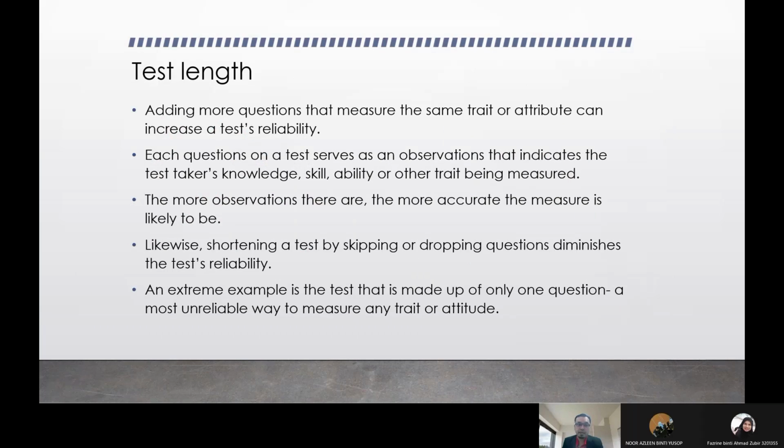So the test length, adding more questions that measure the same trait or attribute can increase a test's reliability. So maksudnya kat sini, contohlah daripada total soalan yang kita buat tu, mungkin ada soalan yang tak cukup ataupun masih kurang untuk menjawab kita punya research question tu. That's why kita maybe kena tambah soalan ke ataupun buang soalan-soalan yang tidak relevan, then run balik reliability test tu, nak make sure at least kita dapat 0.6